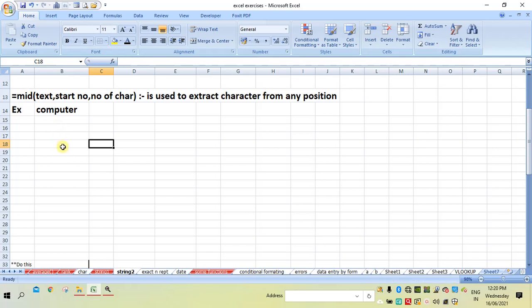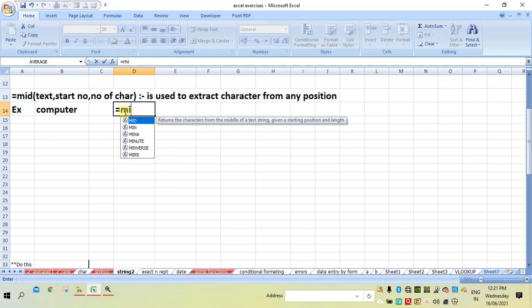So let me use the text computer. From this text I will take only MP. So the function will be equals mid, and in brackets specify the text, then comma, the start number.